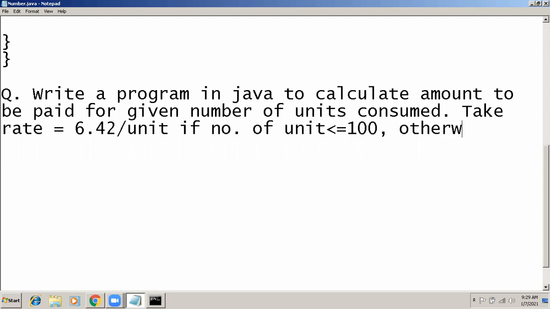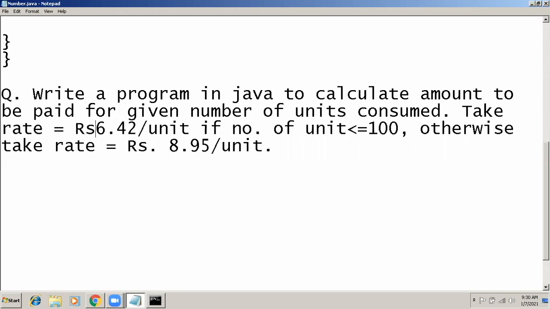Otherwise, take rate equals to 8.95, which is in rupees, 8.95 per unit. Okay, so can you make this program?